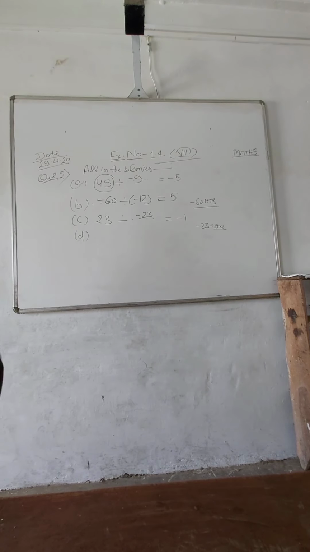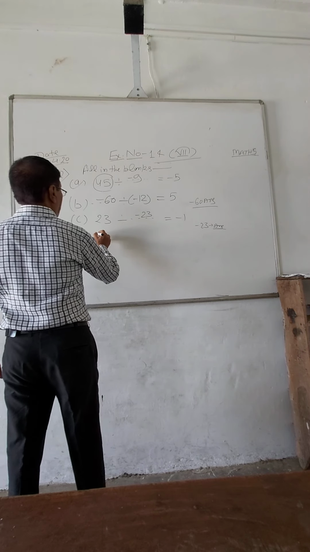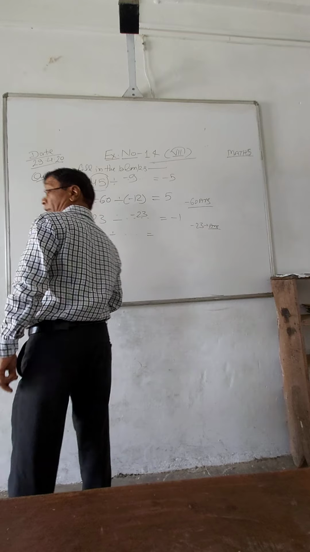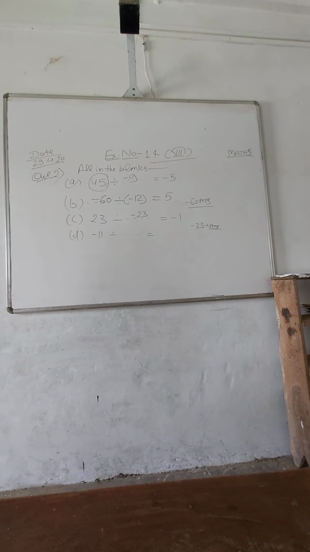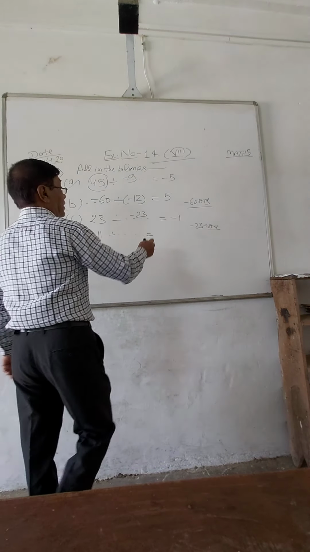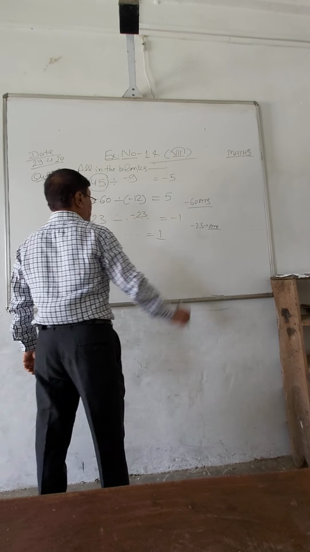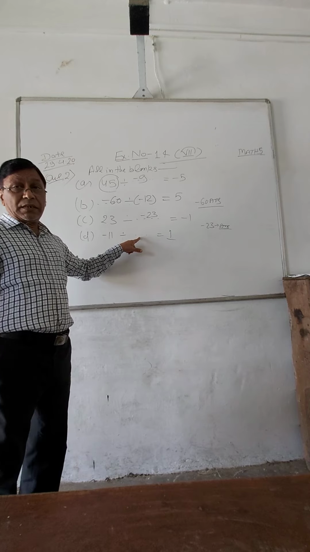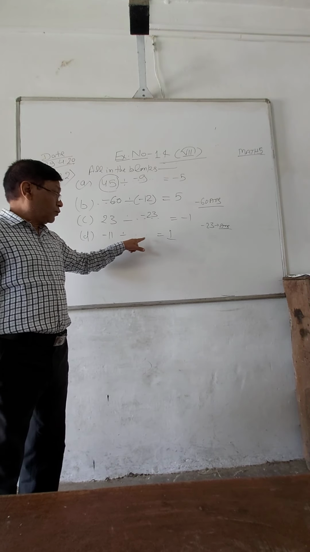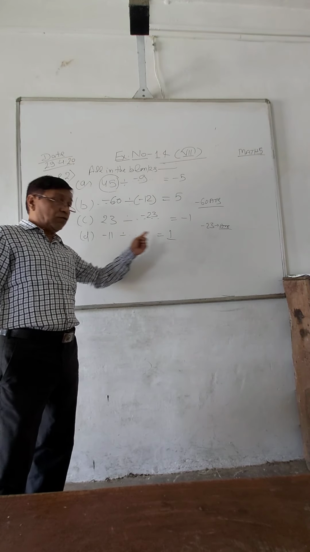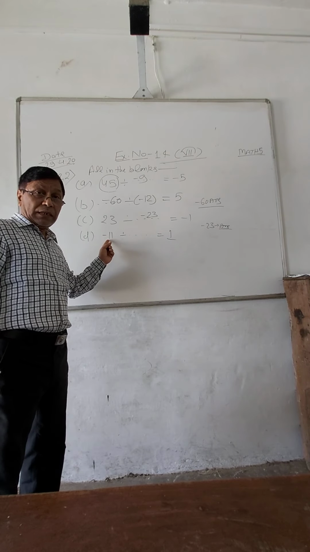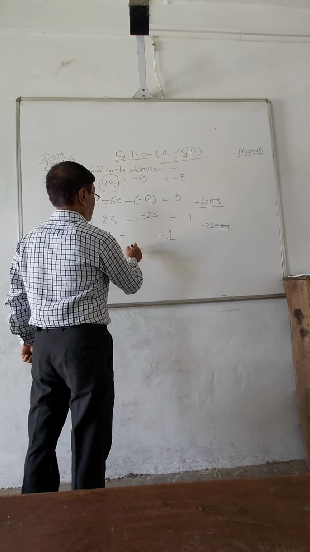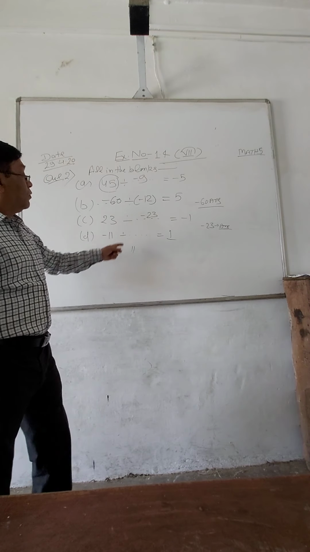Minus 11 divided by any number. Minus 11 divided by fill in the blanks is coming 1. Here it is coming 1. Again same way. This is minus 11 divided by which number, that you have to find out. So first divide minus 11 by 1. So if you divide 11 by 1, it will come 11. And what will be the sign?